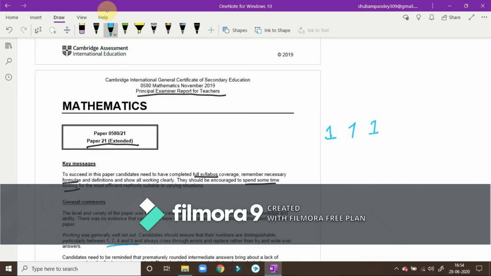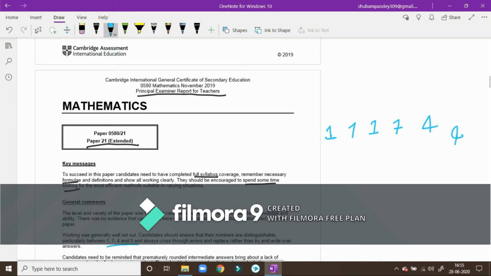If I write it this way, this might look like a 1, but if I write it this way, I am confused myself whether this is a 1 or a 7. Then if I write my 4 in such a way, and if I write it fast, it somewhat looks like a 9. So you need to be sure that whatever you're writing, the teacher can read it and understand it, and after understanding only then they'll be able to give you marks. So please make sure that your handwriting is good enough, and that the teacher should be